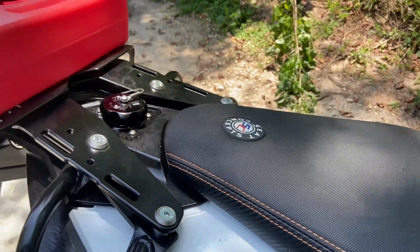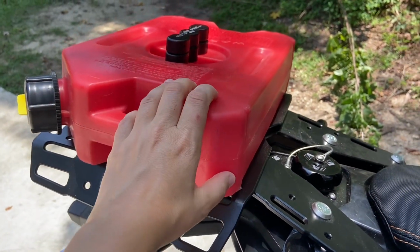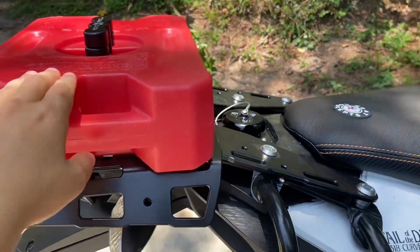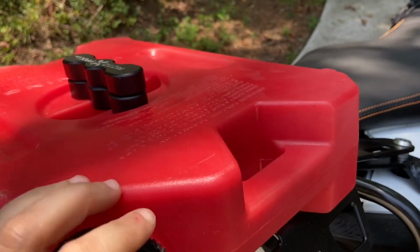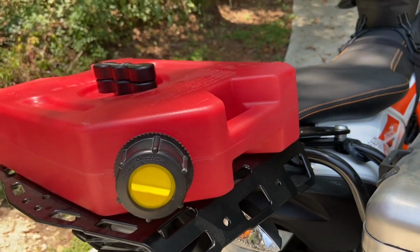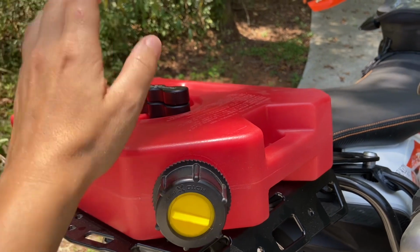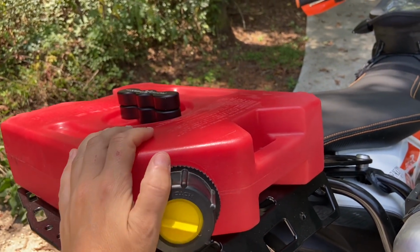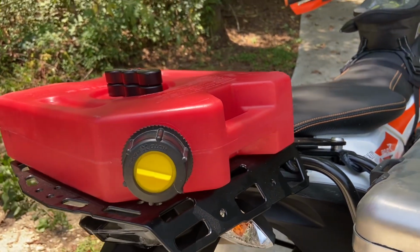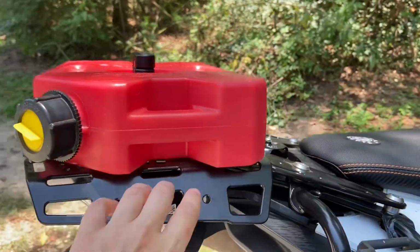And the next one is going to be the Rotopax gas tank. The KTM doesn't have a huge gas tank, so if you're ever on a trail or riding up in the Tennessee, North Carolina area, and there's not a lot of gas stations, and you need that little bit of extra gas just to get to the next gas station, that's a mod that he did add there,